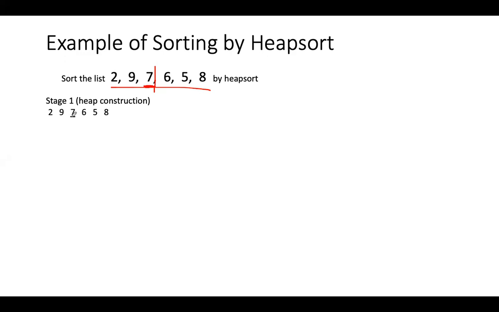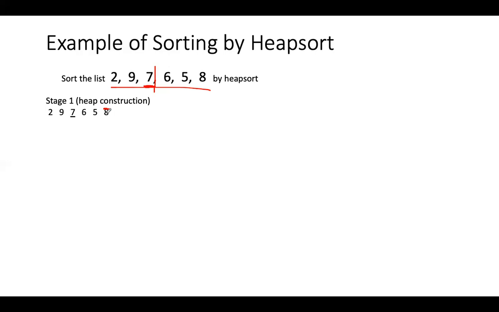And for 7, which is the child here? See, 7 is in the jth location, location is 3. 2j is 6. 8 is its child. See, 7 is parent of 8.